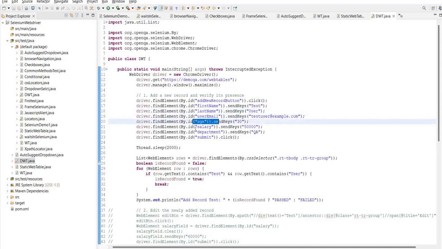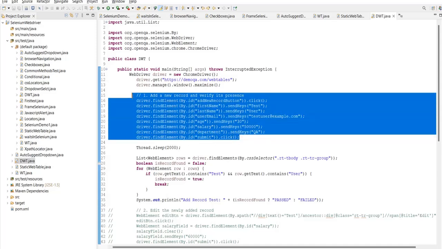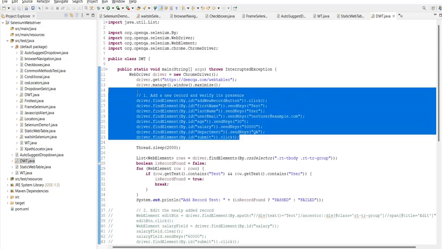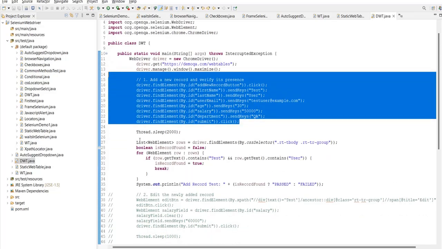All this we have already seen has IDs, and then we are adding a particular record. So that is one action that we are doing. After adding all this, we are trying to see if the particular record is added or not. How we are doing it is,